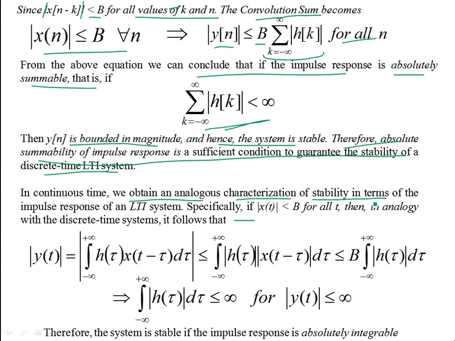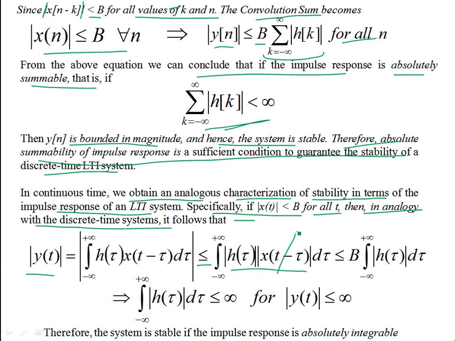So for stability of an LTI system, again if x of t is bounded for all times, by analogy with the discrete time system, the convolution integral represents a linear time invariant continuous time system. You take the bounds of both sides, and then this should be less than or equal to, again, these are the magnitudes or positive quantities. So the left hand side is still less than the right hand side, and if you allow all the